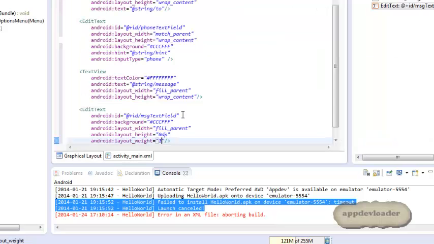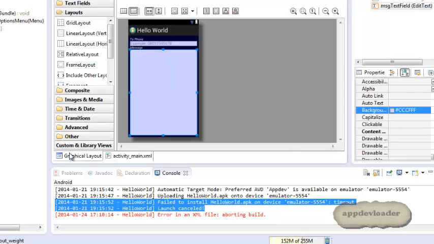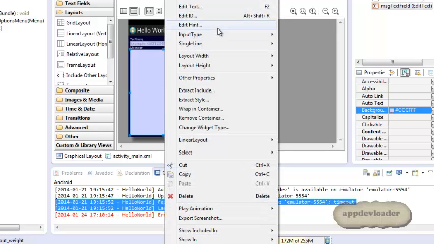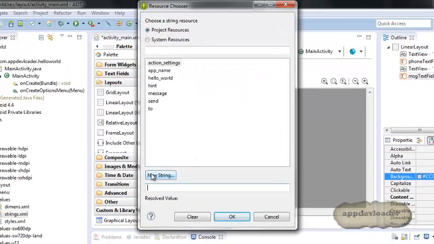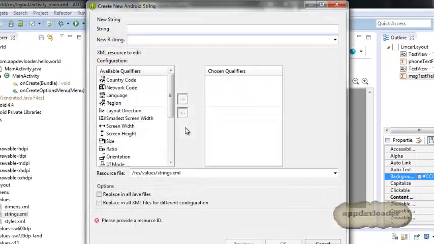So we do that in our, we call that string, or you can just do that as we did it in our phone number area. You can do it from the graphical layout. Say you right click on it, go to edit hint, but we'll be creating a string for it. So new string, the string name should be,